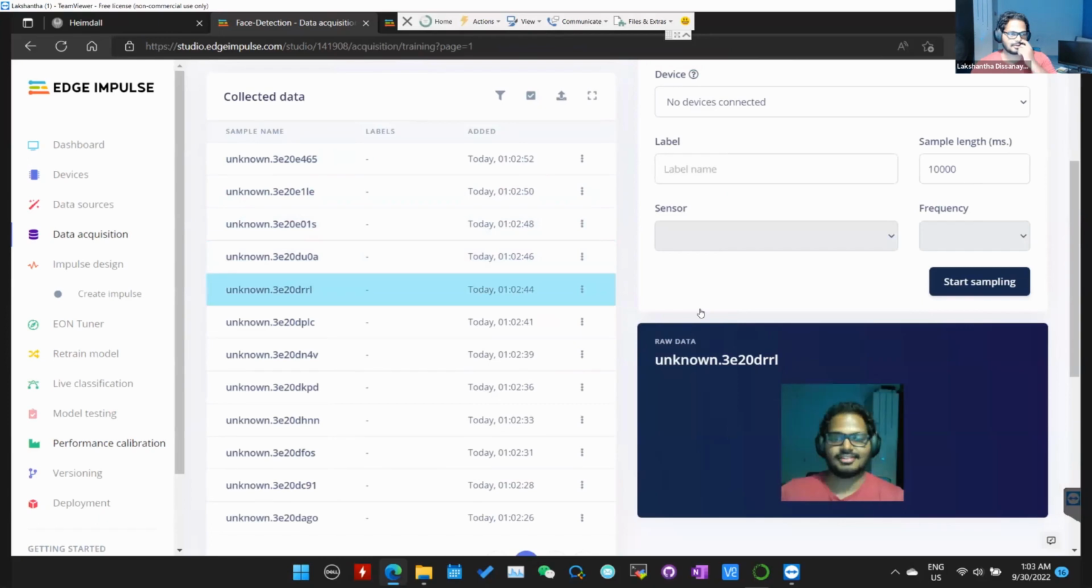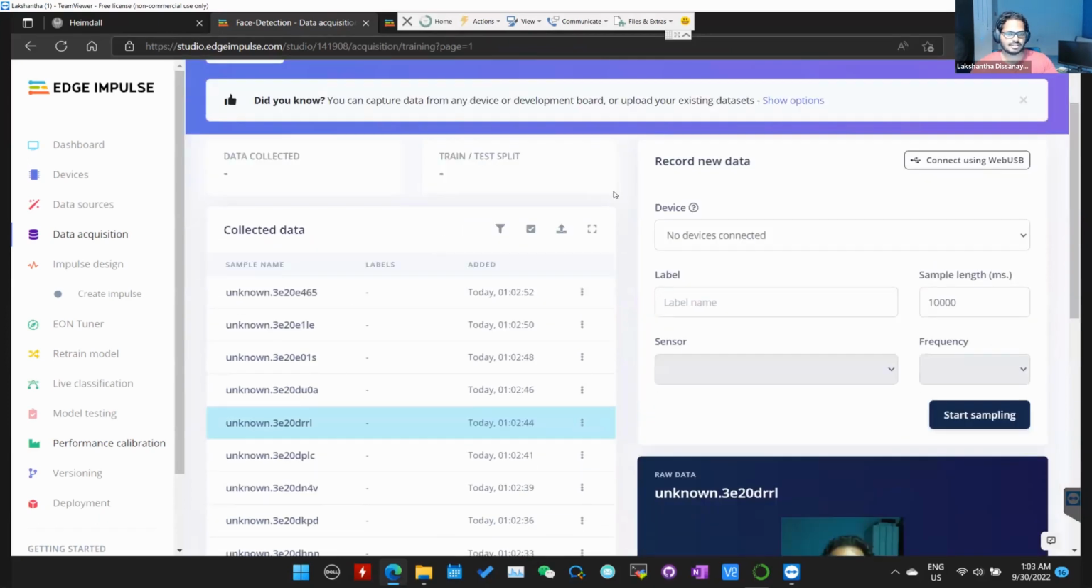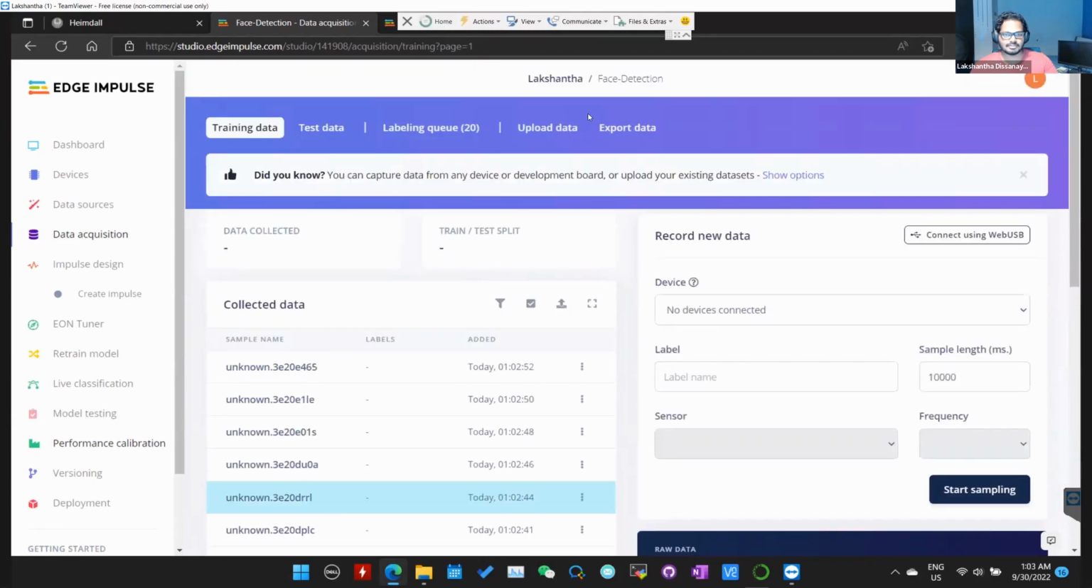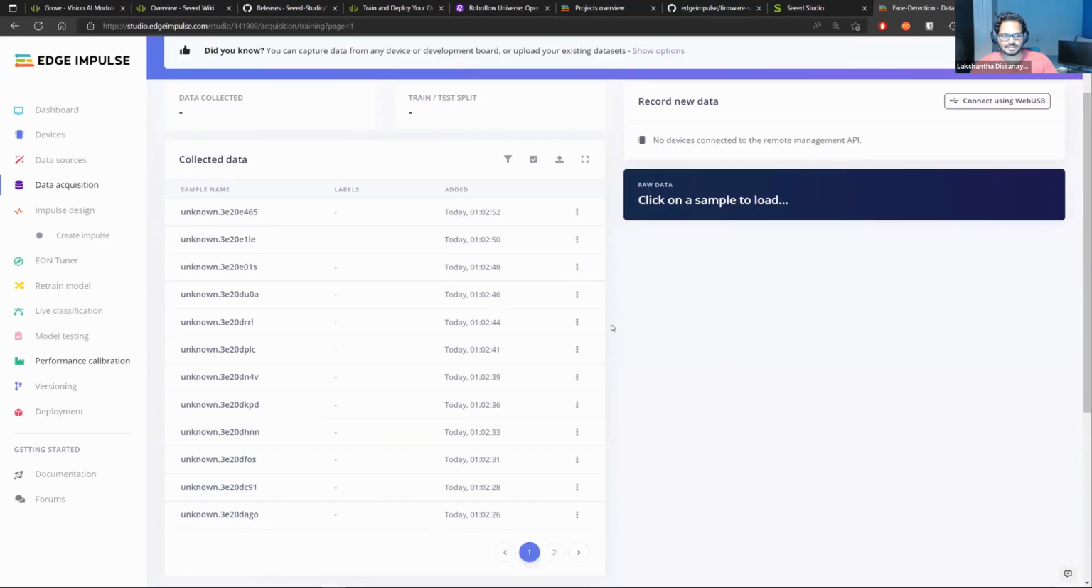Okay, so now next we need to label these images, right? So for labeling, I will come back to my other screen. This one. As you can see, everything gets updated instantly, right? So now I'm on my other computer, to label the data. So now let's quickly label this data. So go to this